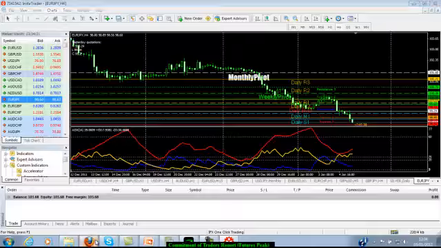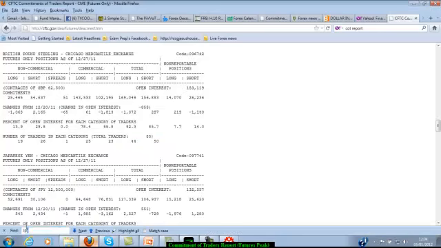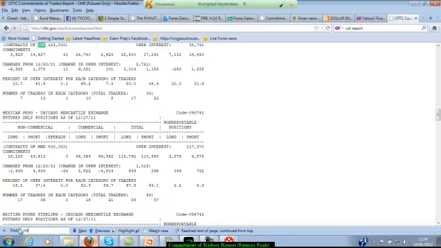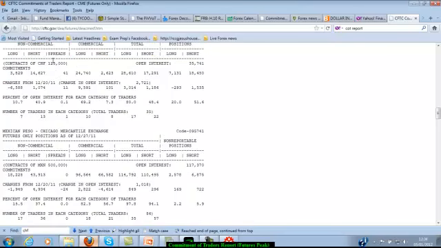Let's see if we can find CHF. Let's search for CHF and see. CHF. Okay, there it is. CHF 125,000. Number of long non-commercial traders are 3,000, and number of short are 14,000. So you shouldn't do anything buying CHF. Be selling it. USD CHF should be rising. Euro CHF should be